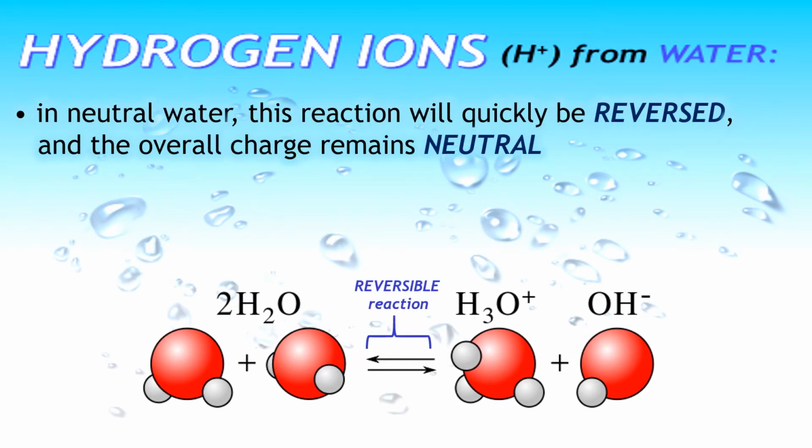Also, it is a reversible reaction. And remember, the odds against it going one direction are 10 million to 1 against. That means the odds of it being reversed and going back and reforming water is extremely high, 10 million to 1 in favor. So in neutral water, these separate charges would be canceled out anyway, but you don't have to worry about them staying in this condition because it would be quickly reversed. And again, whether it's happening or not, in which direction, the overall charge of the water at all times would remain neutral,